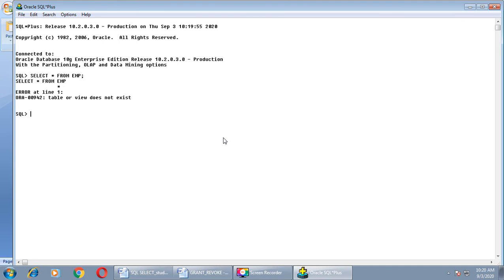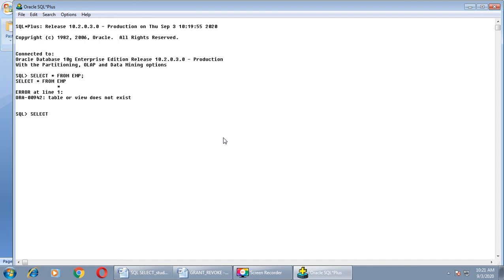Because the table which we want to access, the table EMP, is not created by this particular person, right? This is a property of user Scott. So how to access the records of that particular person?